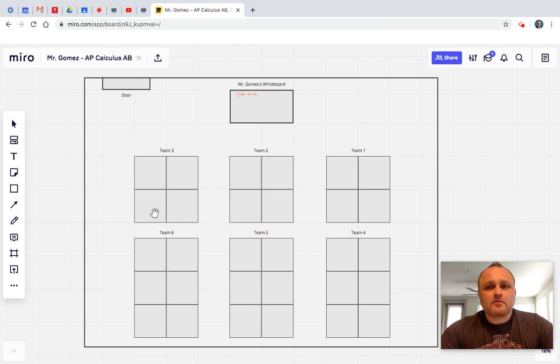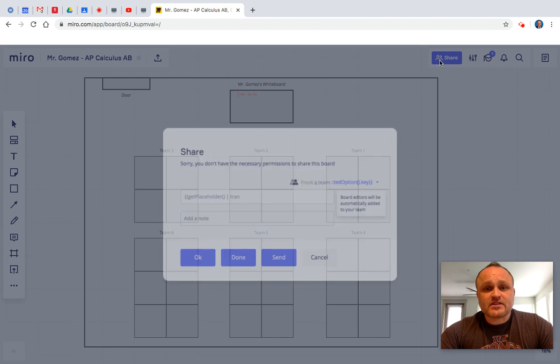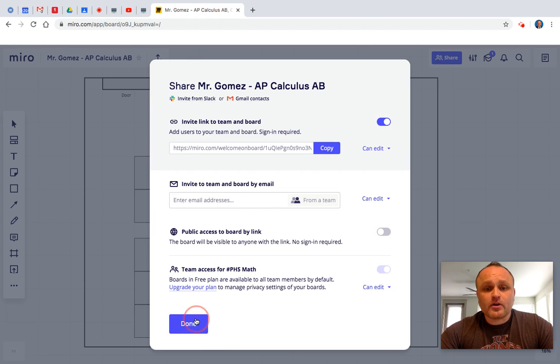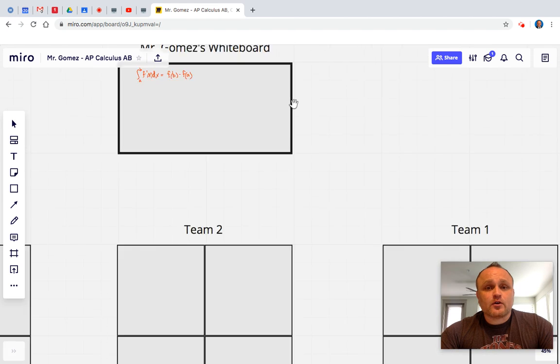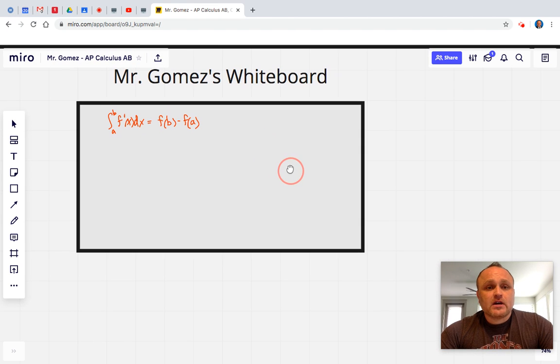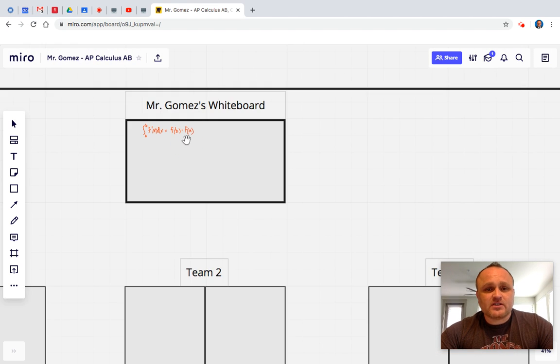So let's say I shared with people, okay, and I gave them access, editable access to this board. What they would be able to do is actually jump in, and you could pick a desk, any desk. And let's say that on my board, I proposed a question, okay? Let's say that the question that I proposed was this one right here, and this is just an example.